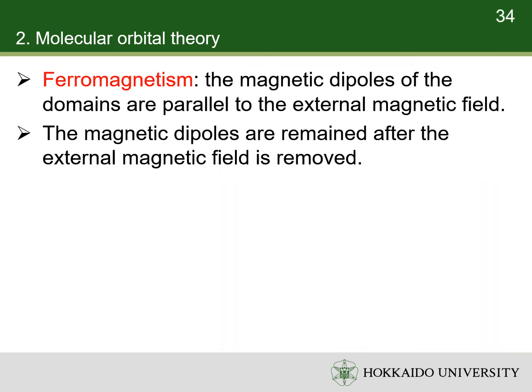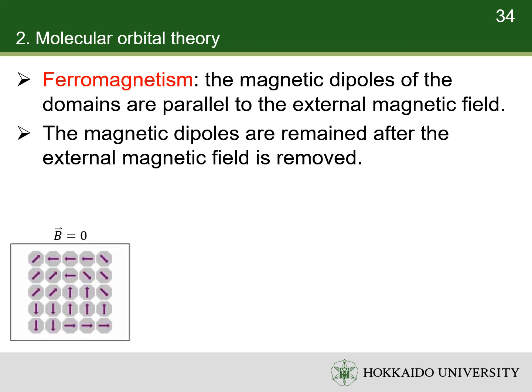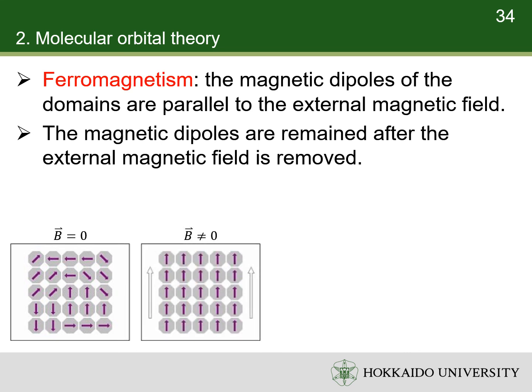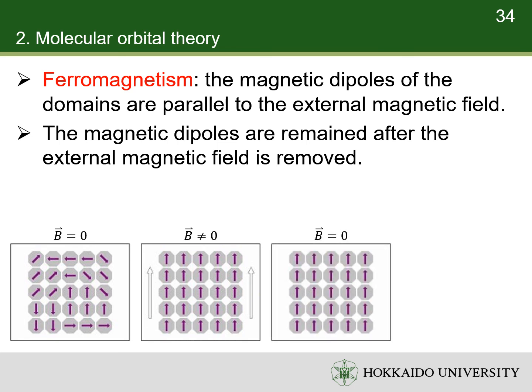A ferromagnetic matter is made of lot of small parts called domains. Each domain has its own magnetic dipole. If the magnetic dipoles of the domains are randomly oriented, they cancel each other, and the matter shows no magnetic dipole. When there is a strong enough external magnetic field, the magnetic dipoles of the domains are forced to be aligned in the direction of the external magnetic field. Even after the external magnetic field is removed, the magnetic dipoles of the domains remain, so that the matter preserves its magnetic dipole moment.